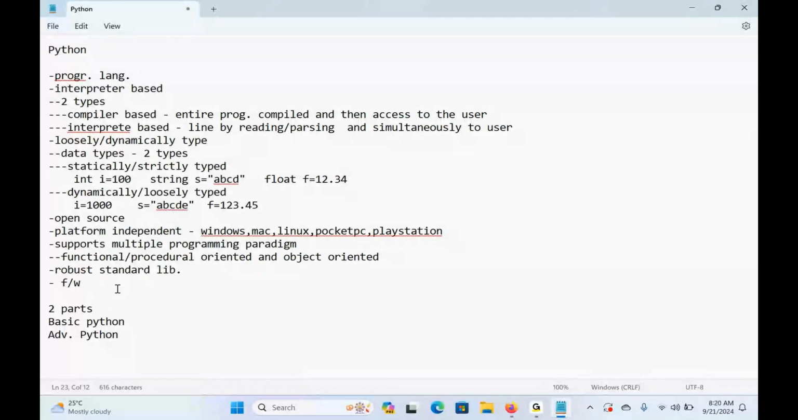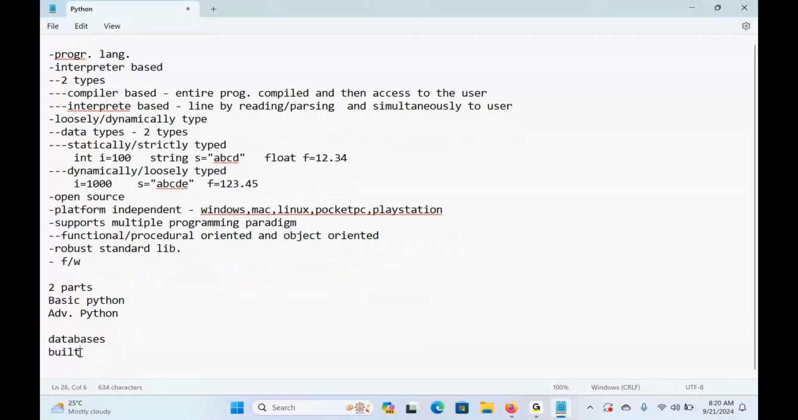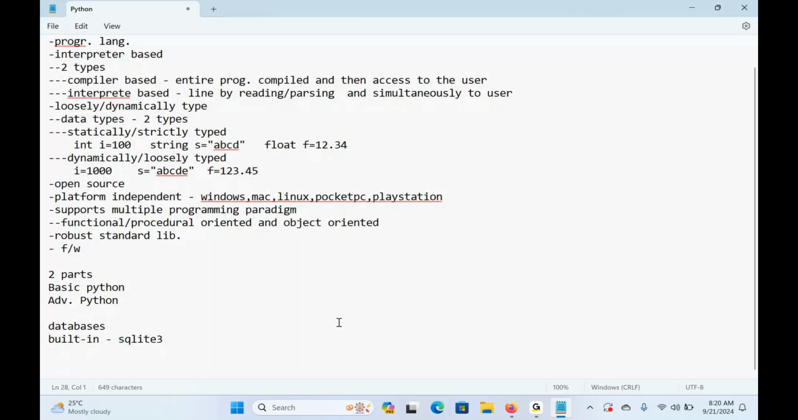So here, when it comes to learning databases, built-in we'll get one database. Along with Python installation, we'll get the SQLite 3 database. Apart from that, I will give some inputs on two more databases also, like MySQL and